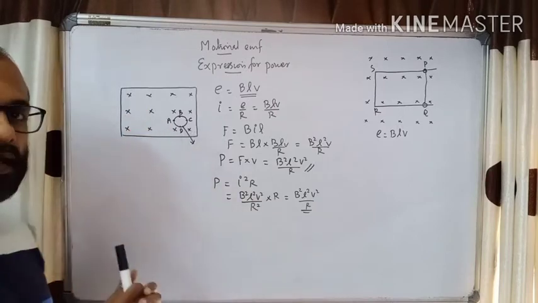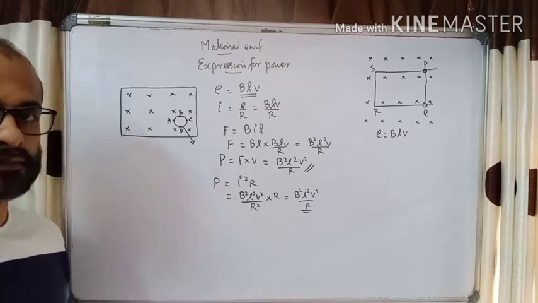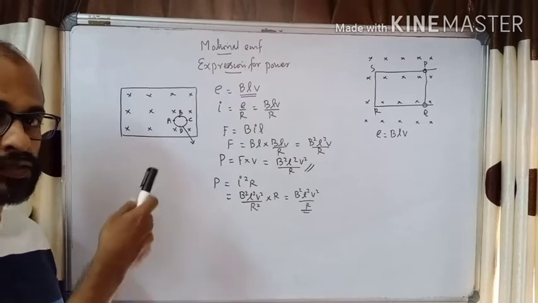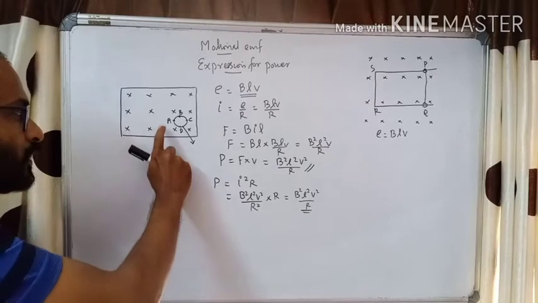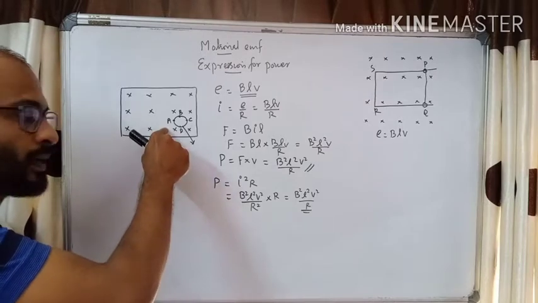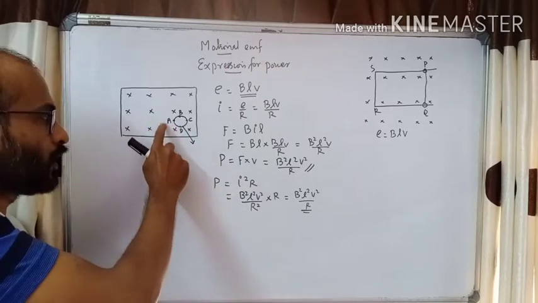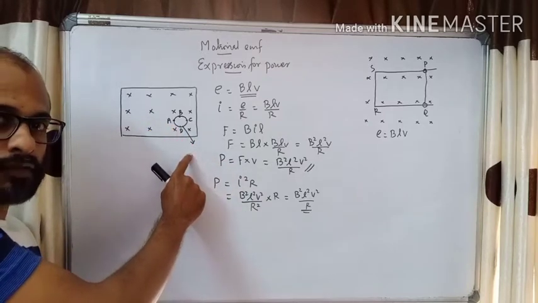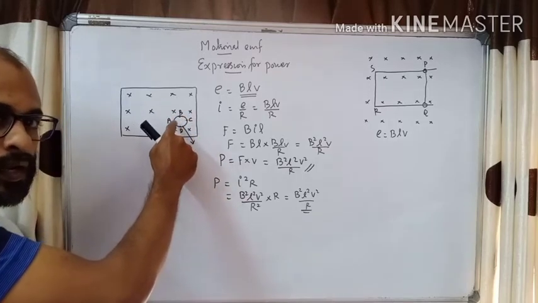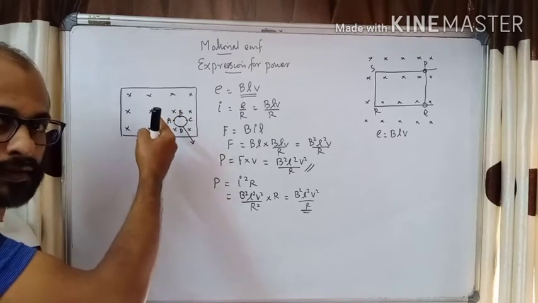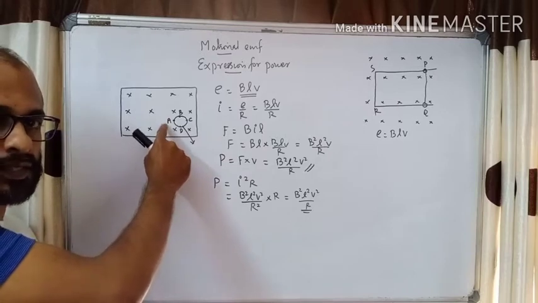When it is moving outward, what happens? The flux linked decreases. Now, according to Lenz's law, the induced current flows in the conductor such that it opposes this change. What is the direction of the magnetic flux already existing here? It is into the page, inward. So the flux is decreasing. If the flux is decreasing, current will be induced in the circular coil. That current produces a magnetic field, and that magnetic field should oppose this decrease.